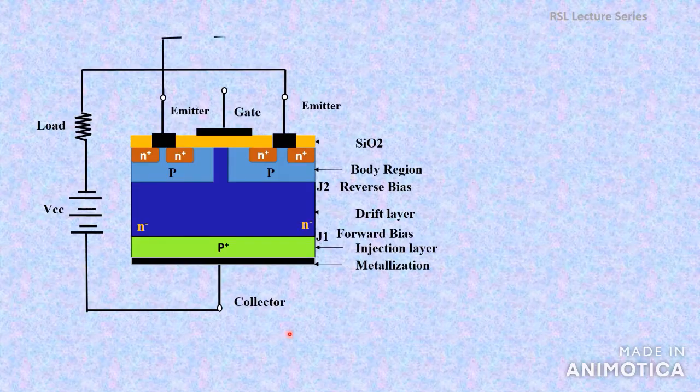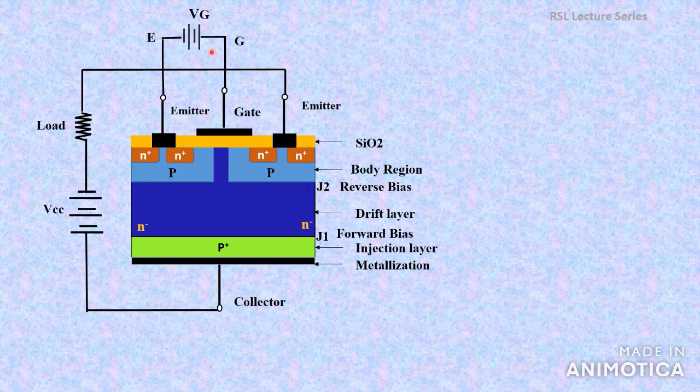Now we are going to apply another voltage across the gate and emitter terminal, VG, with the gate made positive with respect to emitter. The silicon dioxide layer and the metallic plate over the gate terminal and this body region, this substrate material, these three together will exhibit the property of a capacitance as in the case of a MOSFET. In between the gate and the substrate, there is a silicon dioxide layer, which will act as an insulator.